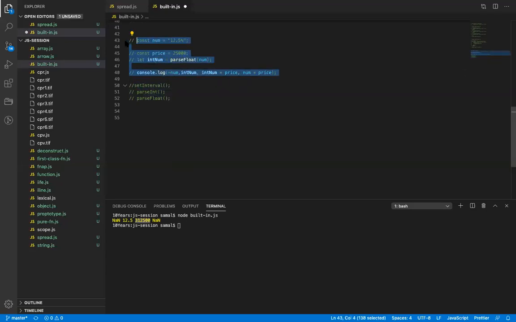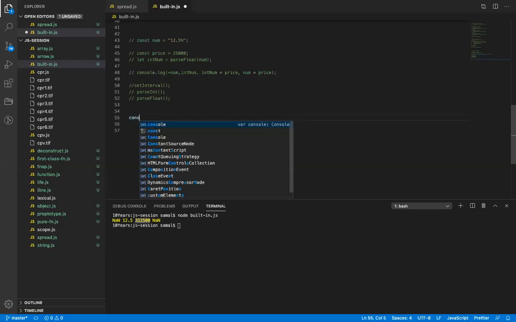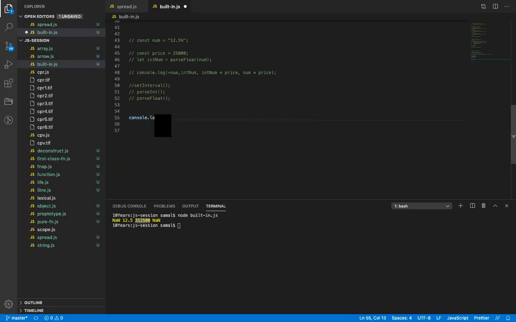So the next built-in function is basically not a function, but it is an object. Let me just try this now. If I console.log typeof JSON, it is an object. So JSON is a built-in object in JavaScript. It is also available in Node, and it will be available in all the frameworks which are based on JavaScript. It helps in converting an object into JSON and JSON into an object.